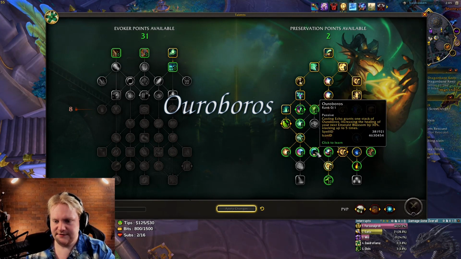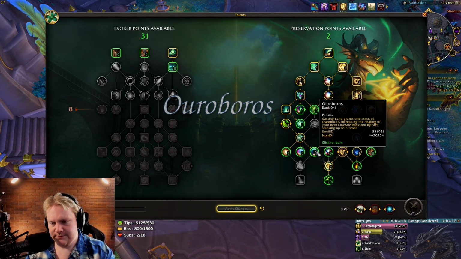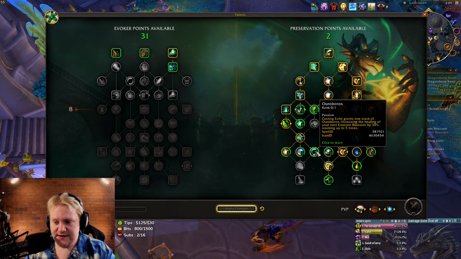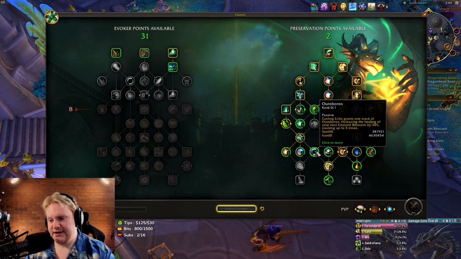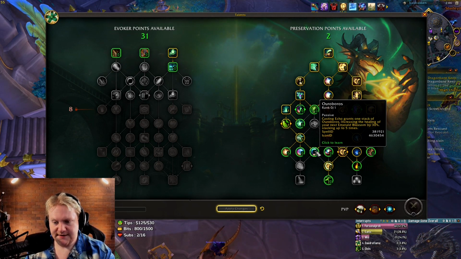We have another rework here. I can't remember exactly what the original Ouroboros used to do, but the new one is pretty good. So now casting Echo grants 1 stack of Ouroboros. So it increases the healing of your next Emerald Blossom by 30%, stacking up to 5 times. Now, I haven't really played around very much with this, but it's a massive new kill that heals a heap